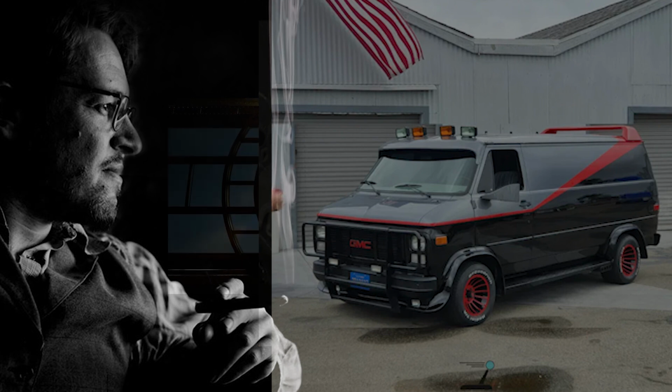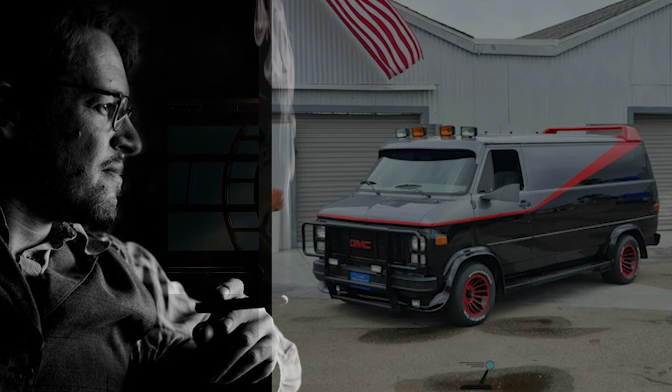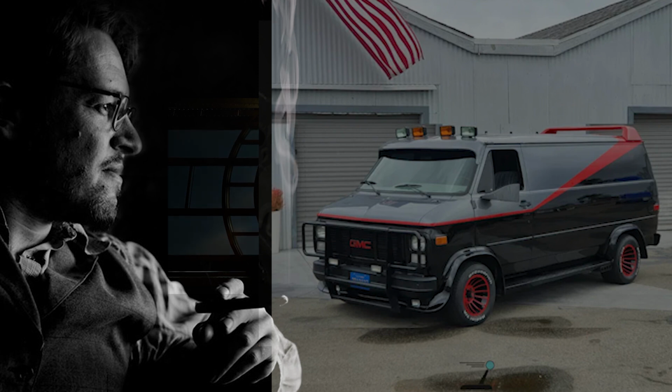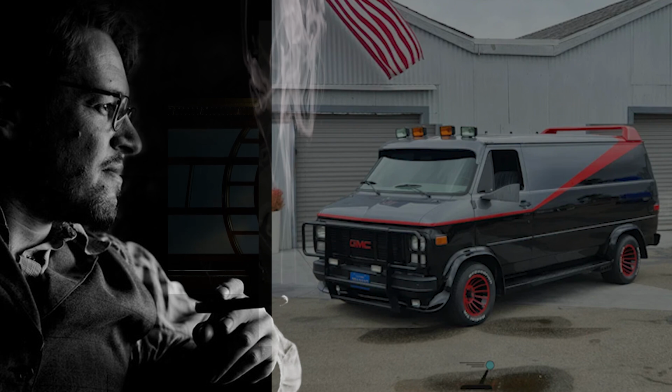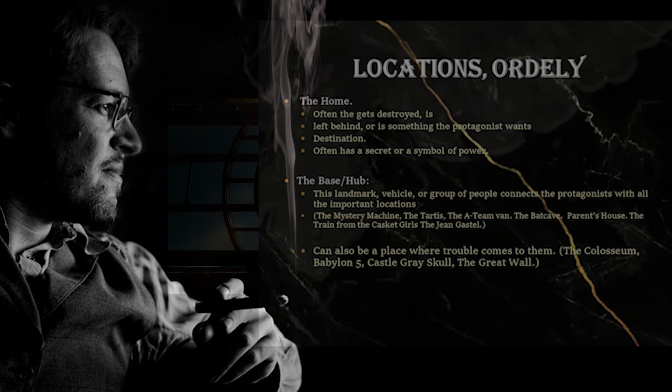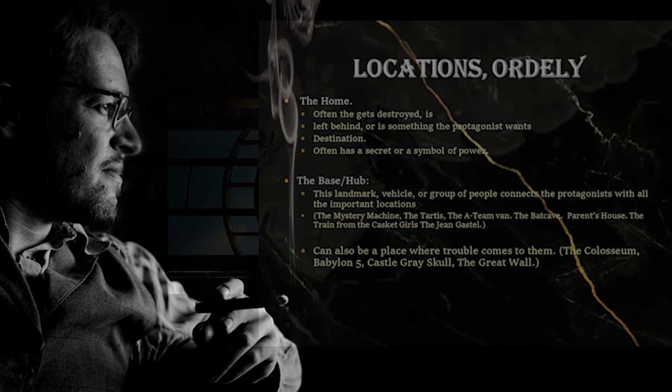And they have this black van with the iconic red stripe on the side, and this is where the characters basically live in. Not entirely, but it's what they use to get from one place to another and start their adventures. So it doesn't need to be a landmark, although the Batcave is definitely a hub. The fire station of the Ghostbusters is definitely a hub.